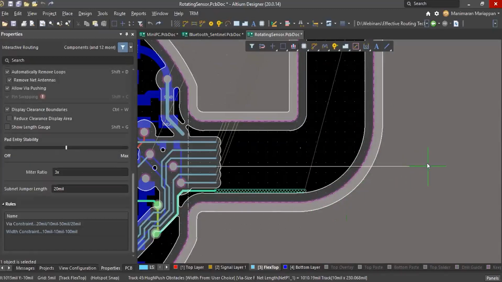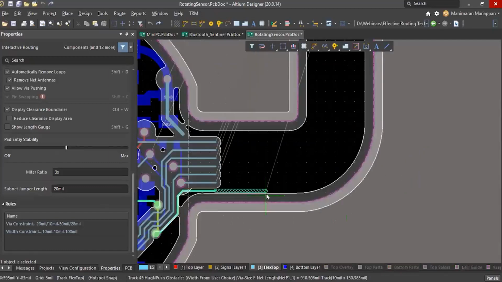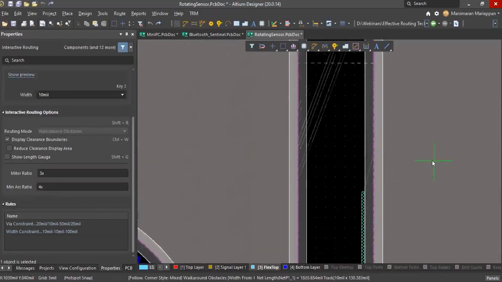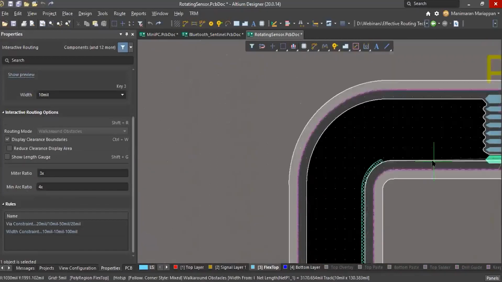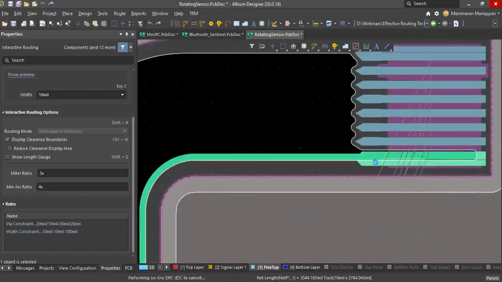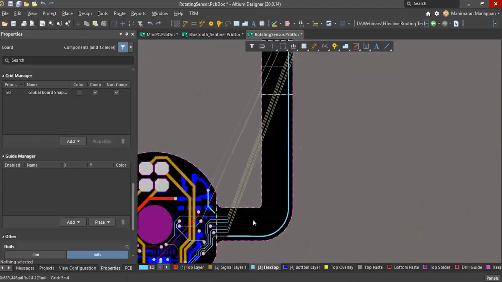If you use Shift F, just select it from here again. It will just follow. You can just move your mouse and it will complete it. So this is one good feature, follow mode.